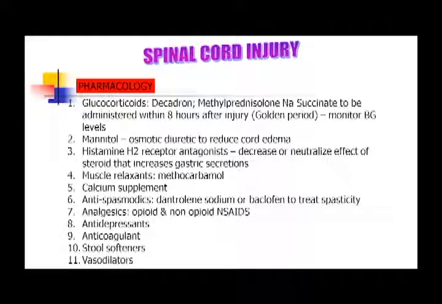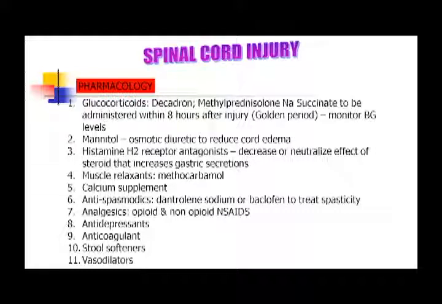Mannitol is also used as an osmotic diuretic that is usually given IV bolus. Malaking kanyan, bottle of mannitol. And then you're going to instill it in the patient via IV. This is to reduce edema, especially in cerebral edema. Cerebral or edema in the brain.